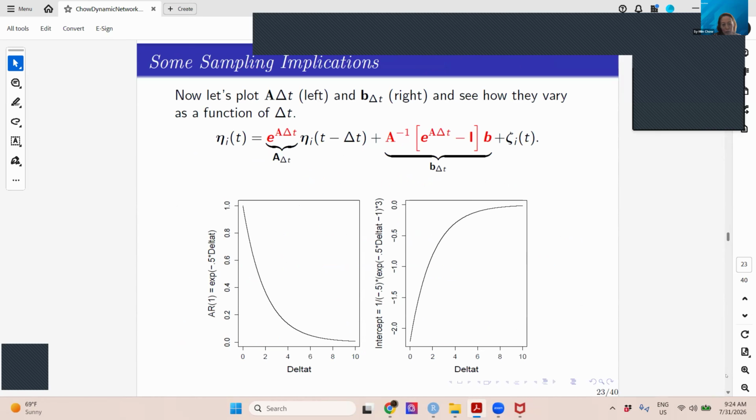So in general, how do the autoregressive weights, the diagonal entries in this drift matrix, change as a function of delta t, the amount of time that has elapsed? Generally, they are the highest, or strongest in absolute magnitude, when you have smaller delta t. So when you measure a process more closely in time, you're able to get stronger stiffness in terms of inertia and the coupling from one process to another, which is appealing.